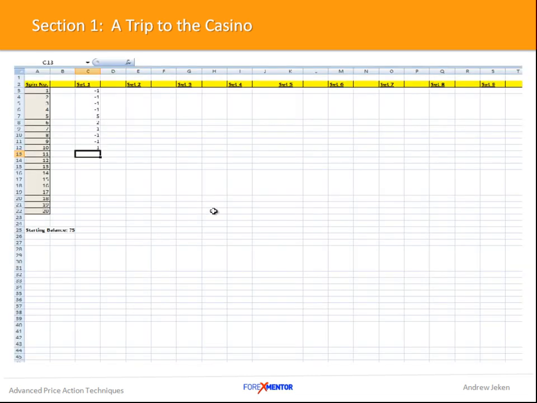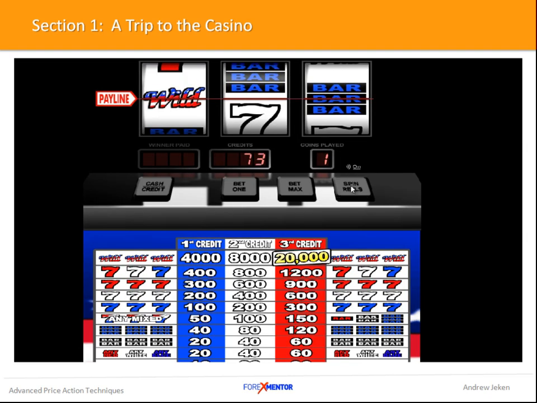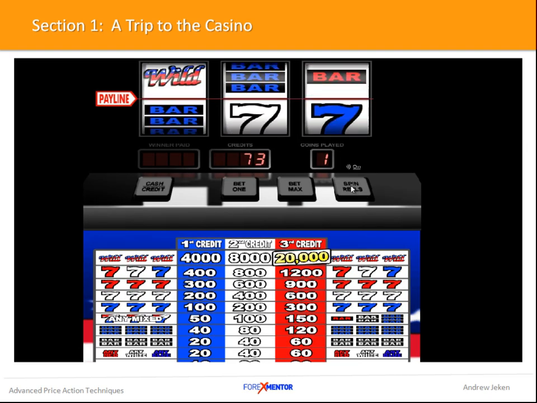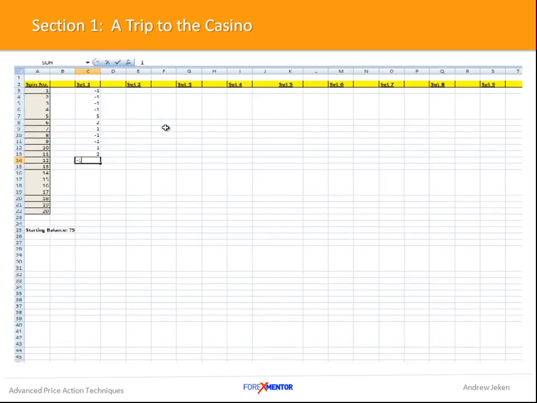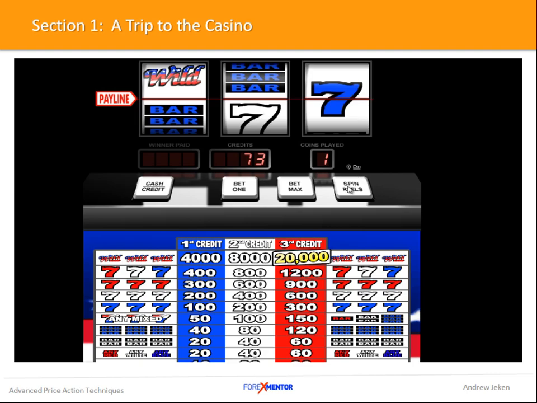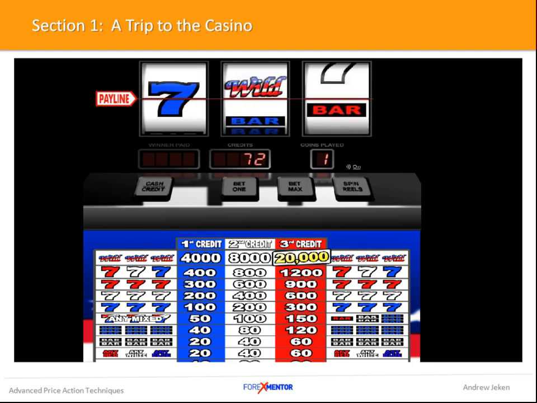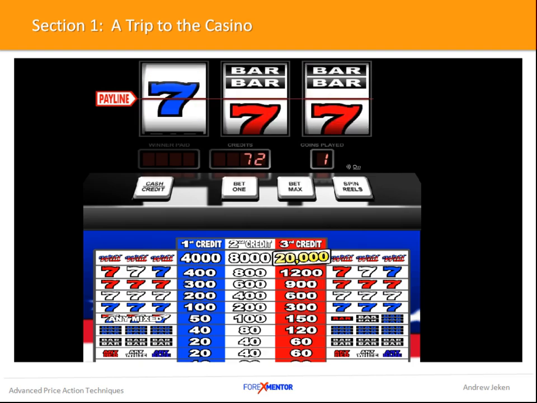So you'd see we've just had a bad run to start with, and a few winners, few losers, and now we've just had a couple of little winners, another loss. So we just track our performance, and this is very important, because as we're going to show you now after our sample, just another loss there.